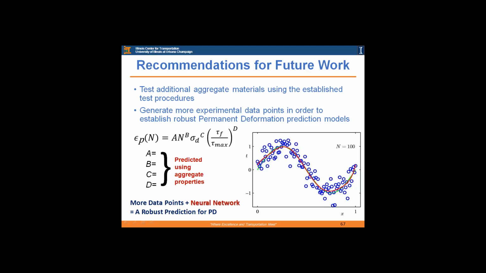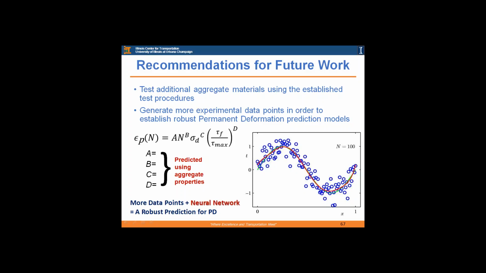Now, two very important things contribute to permanent deformation. First, the applied stress state. The second is the shear strength of the material, in relation to how much stress is applied. That's the stress to strength ratio we're talking about. Those are the things that actually govern the permanent deformation accumulation. If you drop tau F over tau max and go with sigma D only, then you're taking into account just the applied stress, but you don't have any strength. If you drop sigma D because you think that sigma D is also in tau F, and it is, that's true,